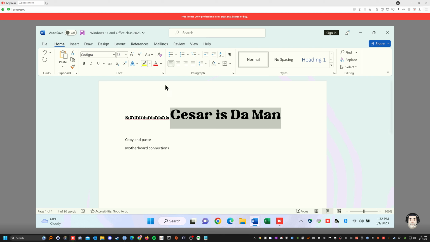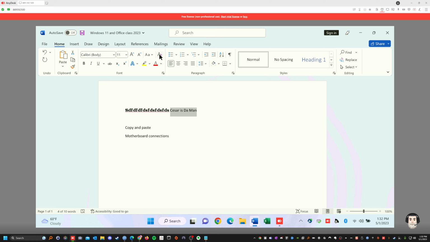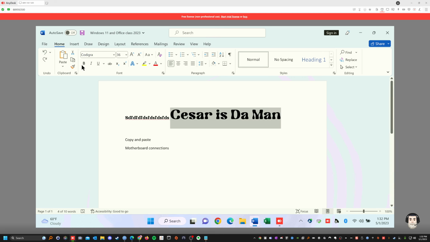Okay, in this case, that's if you want to change it to capital C, whatever. And then this is to erase. Clear all formatting. You don't want to clear it because, let's say, you cleared it, right? I went back to the default font, but I want to go back. So I click on undo, right? There you are. See that? Undo on the side there? So this is to erase,